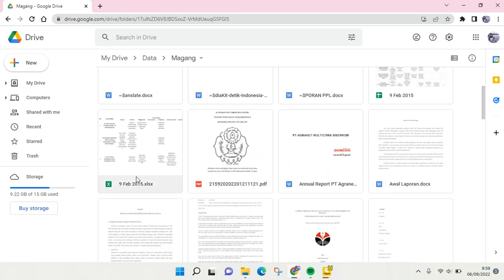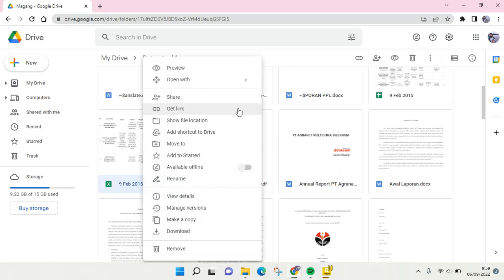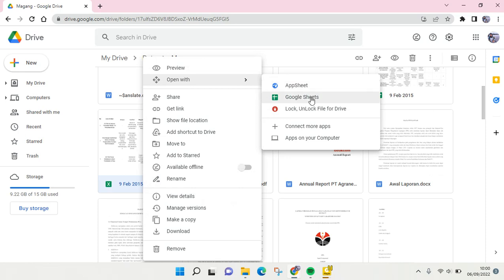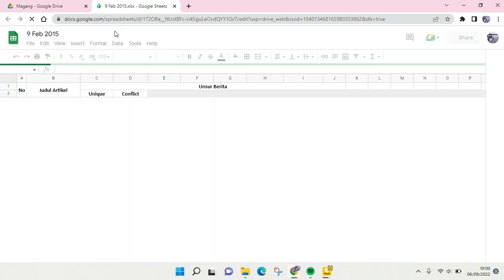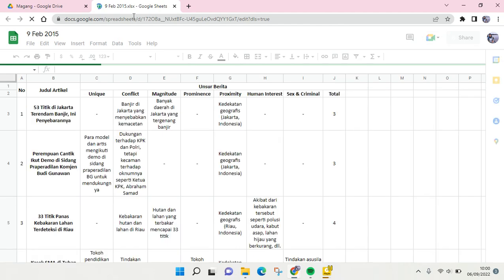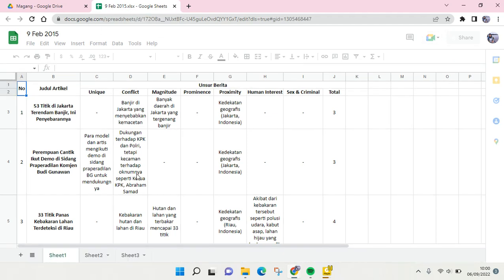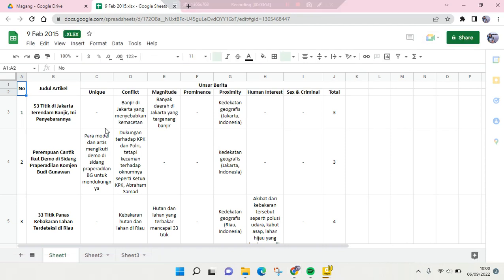So what you can do is you can just double click on the file, or you can also right click on the file, and here go to open with and click on Google Sheets. Okay, so the file will be open in Google Sheets, but it's still an Excel file. So you can see there is this extension .xlsx. So this is Excel file, and if you want to edit it, you can just open the file first,